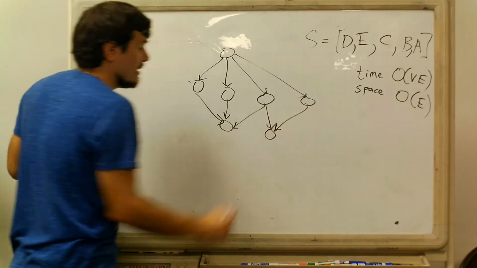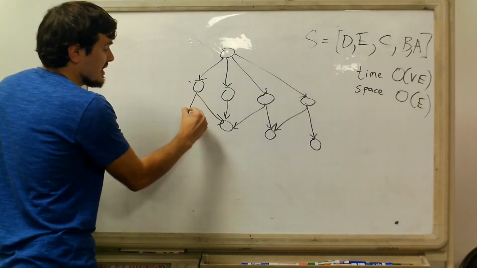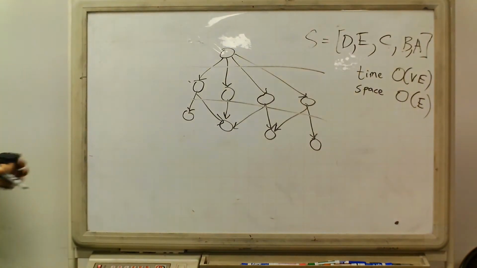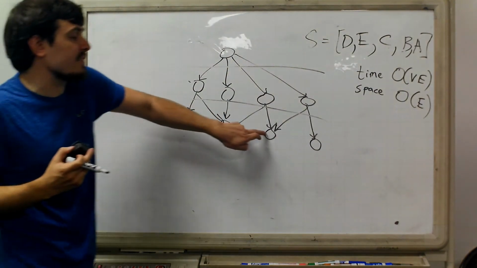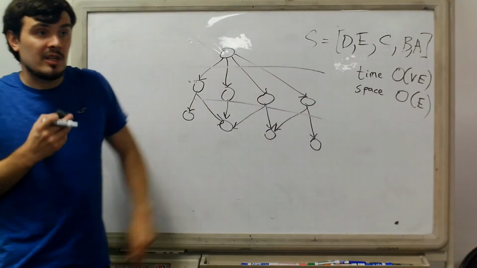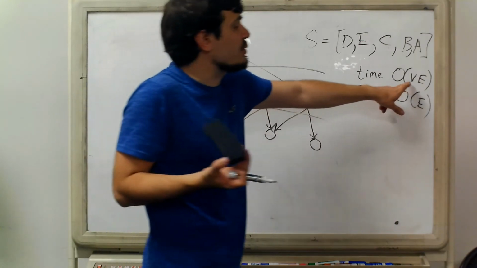Something like that. You can have a lot of vertices here, but there are only 3 stages. These all have 0 dependencies, and after these are removed, these all have 0 dependencies. So this would get processed in 3 stages and wouldn't require VE time, just the number of stages